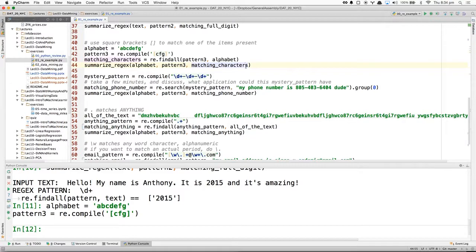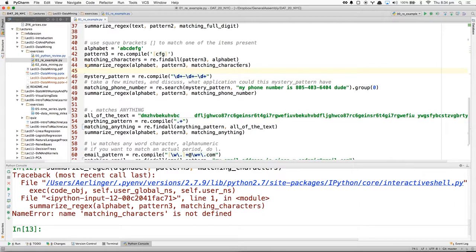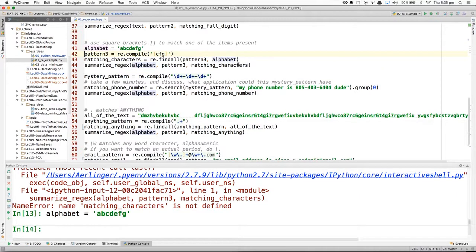I'll just find CFG, right? Whoops. Why wouldn't it be nothing? Because there's no consistent CFG. Remember, it's OR. So it's finding one of the items present. So it's finding a C or an F or a G.